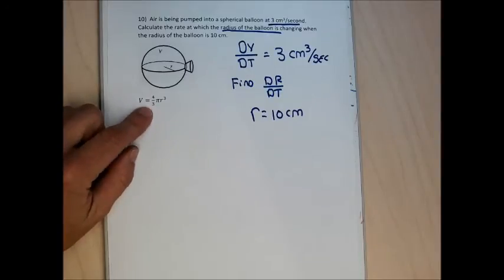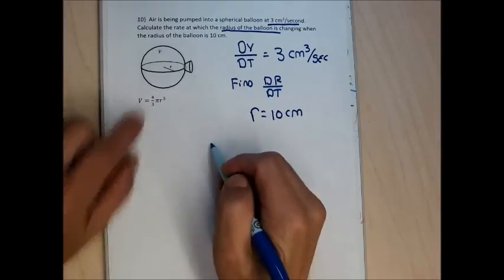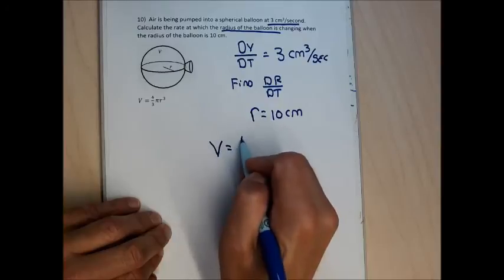I think I give this to you on the test. If I don't give it to you on the test, just come up, ask me in class, and I'll give it to you. So the volume formula for a sphere is volume equals 4/3